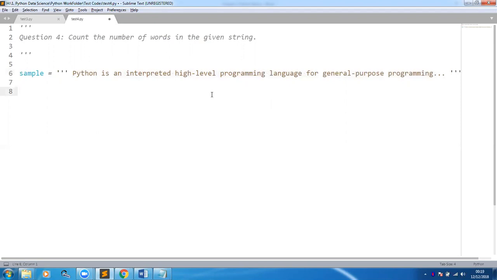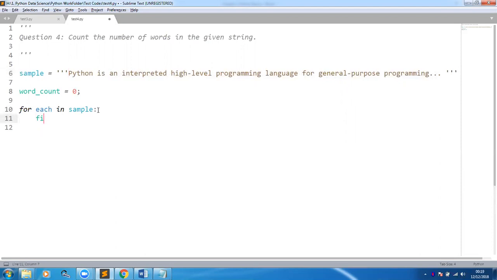So let me take word count equals 0 initially. So I'm saying that for each character in the sample, it is going to read each letter in the given sample. We just need to escape the spaces wherever they're found. That's where we're going to increase the word count whenever we find one. So basically,